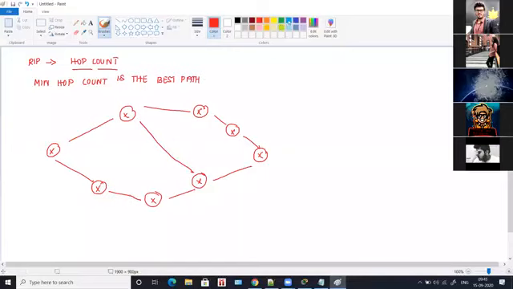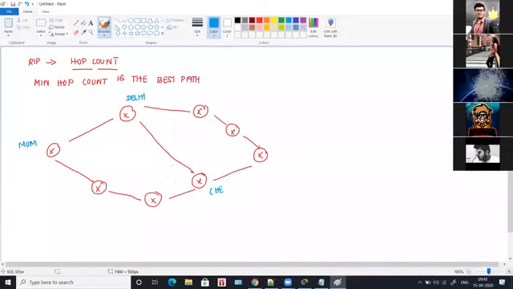In this diagram, let's consider this point as Mumbai, this point as Chennai, and this point as Delhi. And these others are all your next stops.